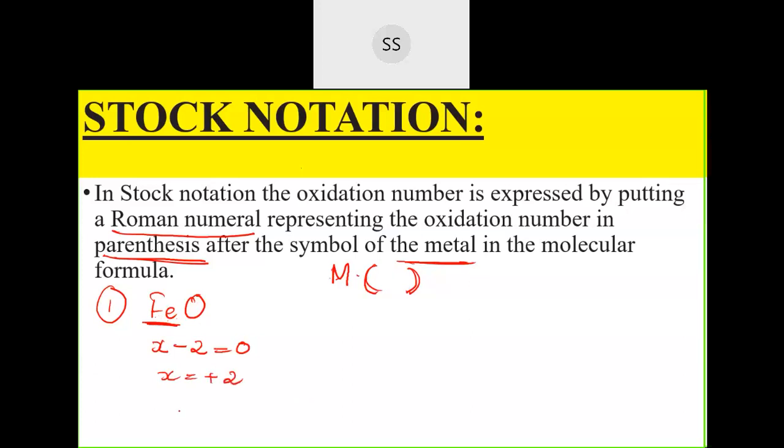Correct. So how to represent it now? How will you do the Stock notation of this particular compound? In Stock notation you write the element, and immediately after that you write the oxidation state in Roman number. So plus 2 is the oxidation state, so immediately after the metal you will write Roman number II like this, and then followed by oxygen. This indicates the oxidation state of that particular element. It gives a clearer idea because some elements have variable oxidation states. So just to get a clear-cut idea, we write them in the bracket. So this is Stock notation.